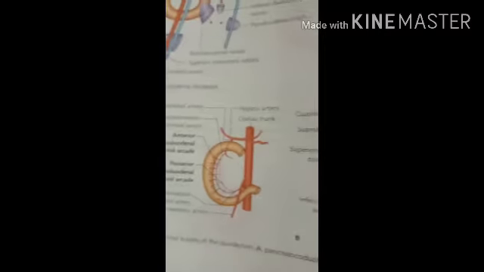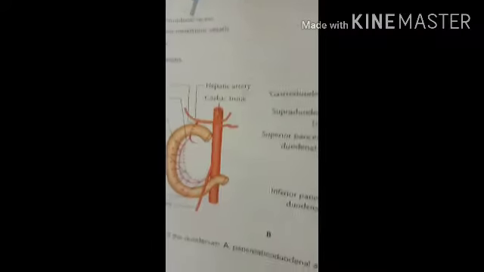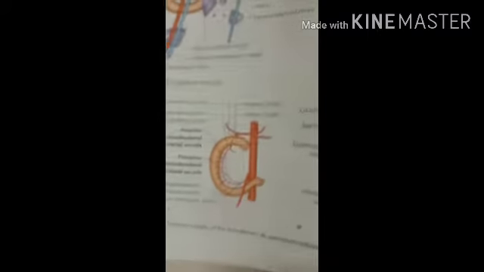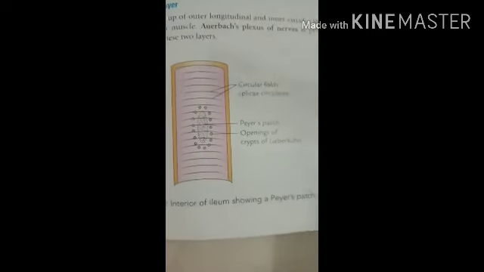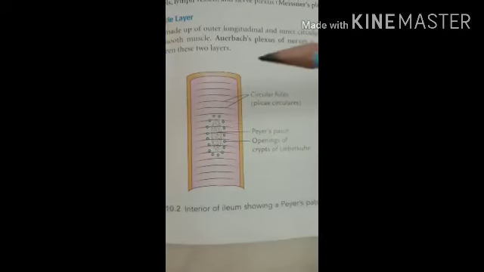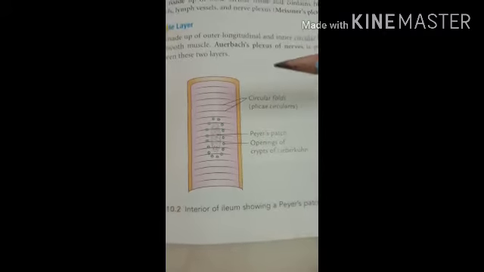After that we should see the histology of the duodenum. So in another diagram we can see, so here, like the other abdominal organs, the small intestine or the duodenum is formed by 4 layers from inner to outer side: the mucous membrane, the submucous membrane, then the muscular layer, and the serous layer. Okay. So let's see the mucous layer.